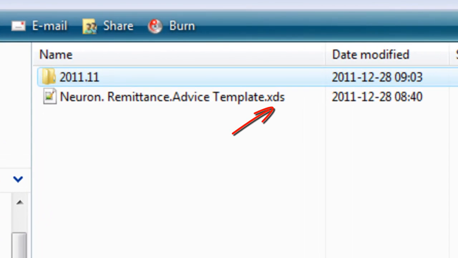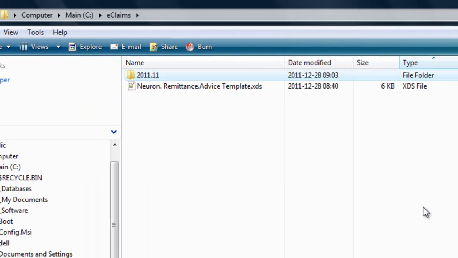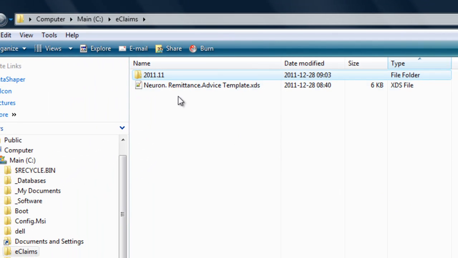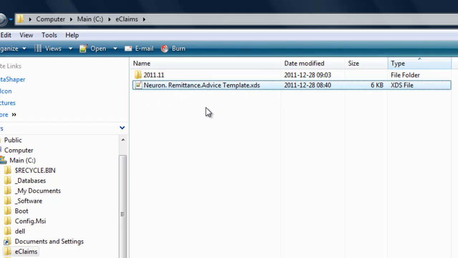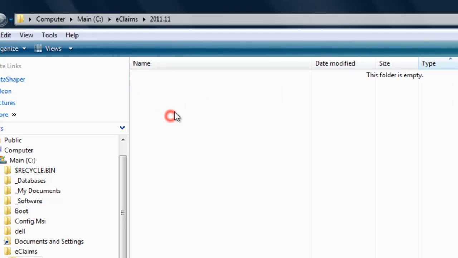Greenrain Submission uses file with extension XDS that describes mapping between your Excel file format and HAAD eClaim standards format. So we created for you template file that you will always use, and it's called Neuron Remittance Advice template. As I showed you before, I created folder for November, so I simply copy template file into November folder,